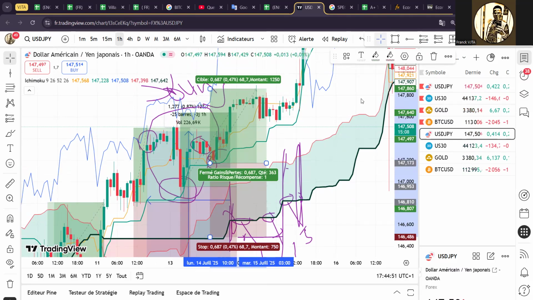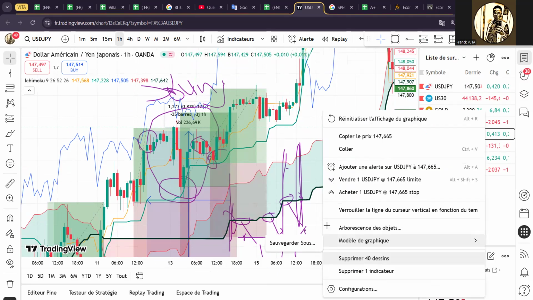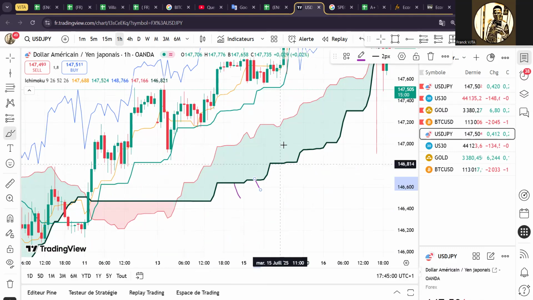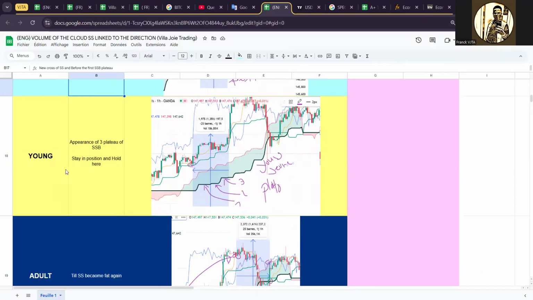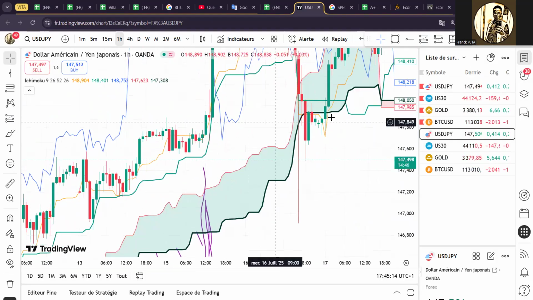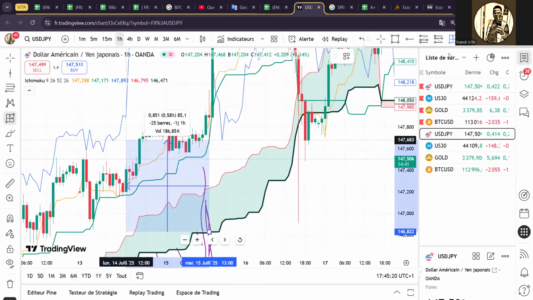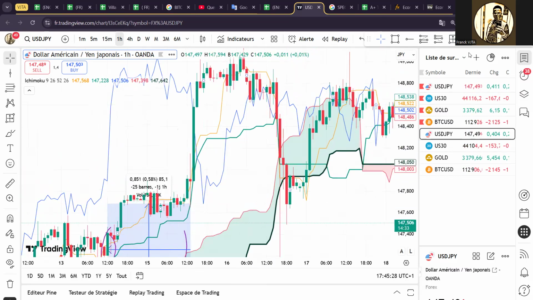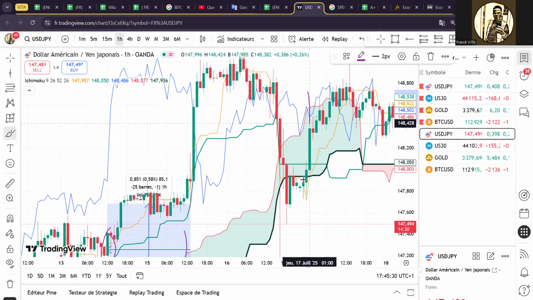youngness of the cloud. So after three plateau, youngness has three plateau. After 1, 2, 3 plateau, you have the beginning of the fourth plateau, the next speed, that's the adult SS, like the cloud, I call it SS. And the candles were at this level just here in the back. This was the candle. And from here to when the clouds start becoming fat again here,